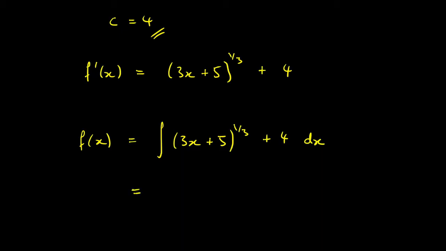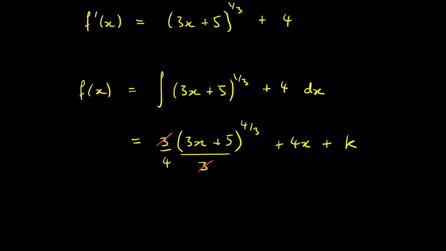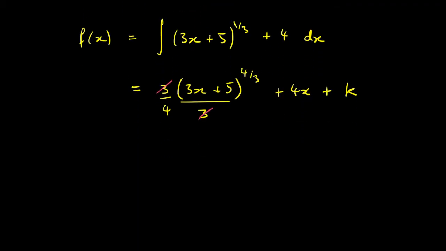And so if I integrate this, it's going to be the same rule, right? So I've got to add 1 to the power. So a third plus 1 is 4/3. I've got to divide by 4/3, which is the same thing as multiplying by 3/4. And I've got to take the coefficient of x, which is the 3, and divide by 3. And of course, those 3's are going to cancel off. And I then have to remember I've got to integrate the 4. If I integrate that 4, I'm going to get 4x. And then I've got to have another constant of integration, which I'll call k,